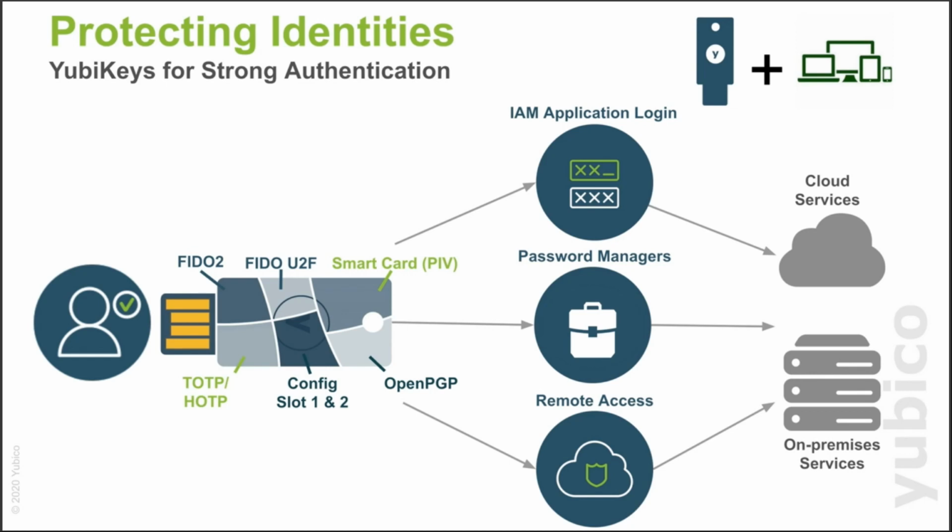YubiKeys are uniquely positioned because they allow users to easily move between these on-premise services or cloud services, between devices like laptops and mobile phones and desktops with a single key that gives the confidence of hardware-backed multi-factor authentication experience